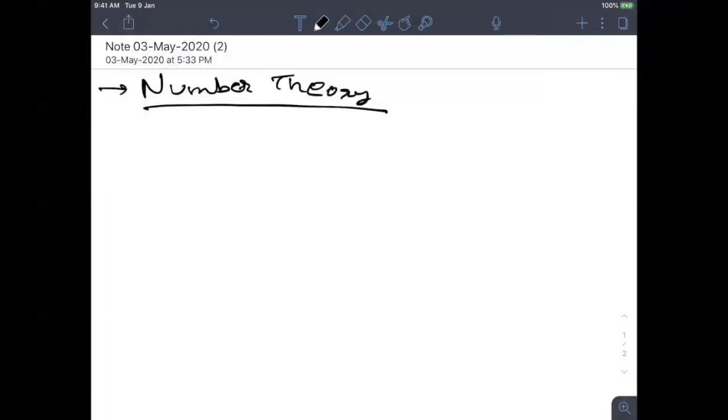So first of all, what is a prime number? I'm sure you must be knowing what a prime number is, but let's just go through it again. A prime number is a number that has exactly two factors, meaning only two numbers divide it.